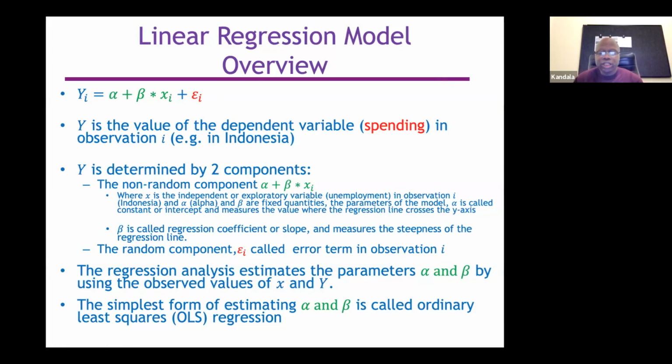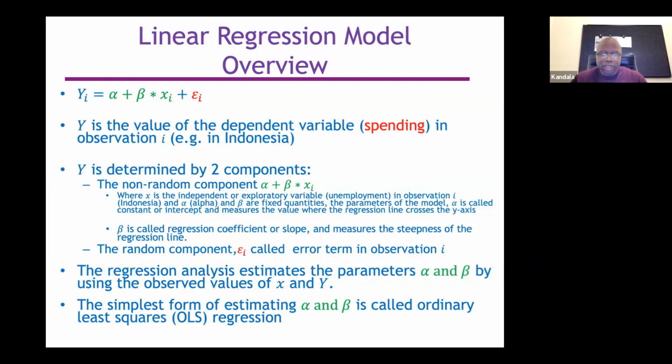The technique of regression analysis estimates the alpha and betas using the observed values of X and Y. In the case of government spending on health and unemployment, if this is done weekly or monthly, you may observe some health spending monthly and then try to estimate the alphas and betas using the technique called